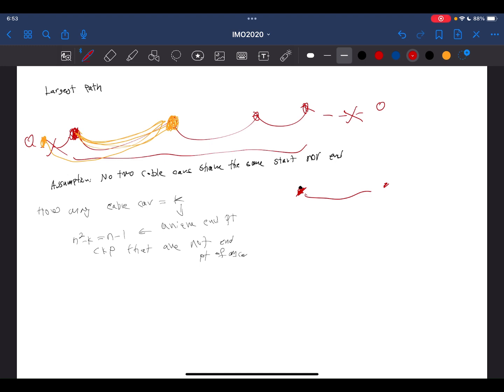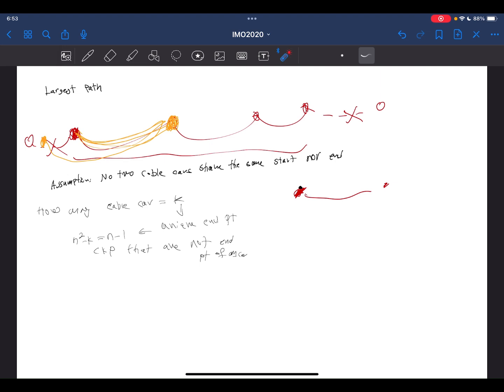And if you construct a largest path, you will notice that the starting point must be one of these n minus 1 checkpoints. It must be, right? Because if it's not, then you have a cable car here, and that basically makes this path larger. So the starting point cannot be one of the endpoints. So the starting point of any largest path is one of these n minus 1 checkpoints. And if there is no cable car connecting this checkpoint to any other one, this checkpoint standalone will be a largest path,